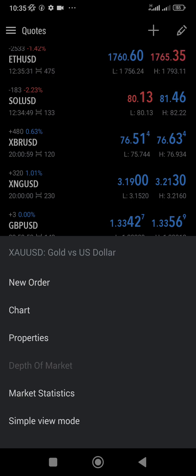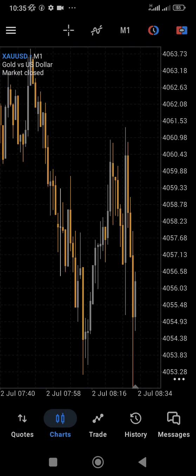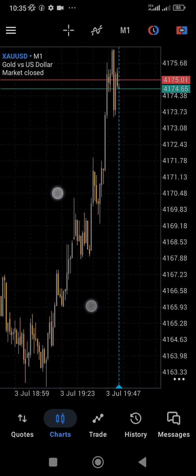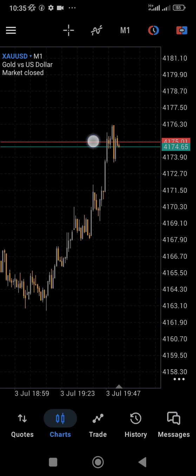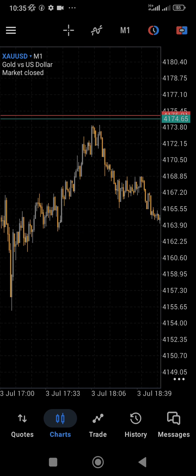So these two are the most important things you want to look at before you think of the rest. So we have to click on the chart instead, because the market is closed, you can't place an order. And this is what you see, a stagnant chart. You can see that these lines are not moving. It means that the market is closed, and we have to wait until Monday before the market is going to